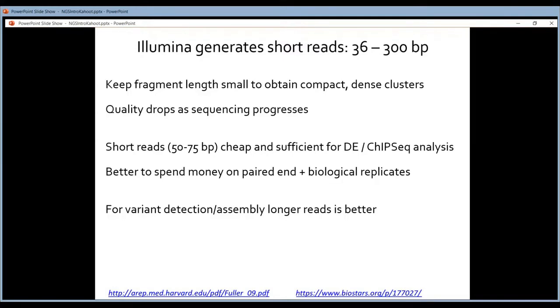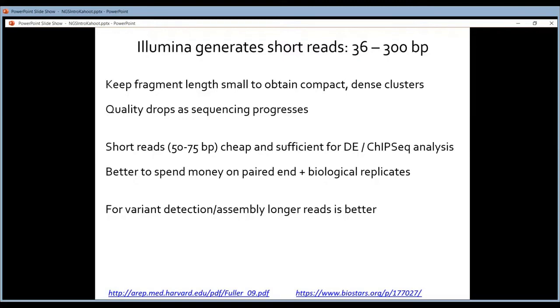So you typically end up with short reads, and for most applications you see this size range, 50 to 75 base pairs. That's cheap, so the more sequencing you do, the more money you have to spend. And that's also enough. So if you want to do applications like RNA-seq, you're interested in differential expression, or applications like ChIP-seq, short reads are fine.